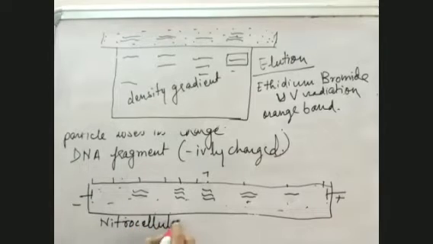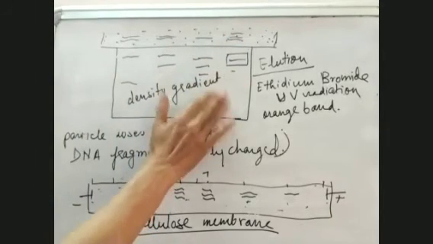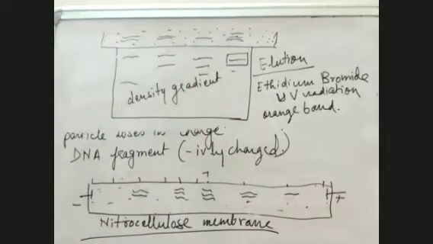Nitrocellulose membrane. That means DNA of a dinosaur would have been stored here in the nitrocellulose membrane, and we could still have found the DNA of the dinosaur. So because this doesn't get destroyed for a long time, and we can store the DNA for a long time in this membrane, the fragments from this agarose gel are transferred to the nitrocellulose membrane.